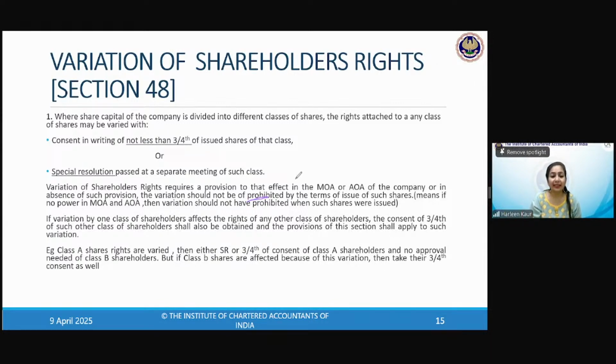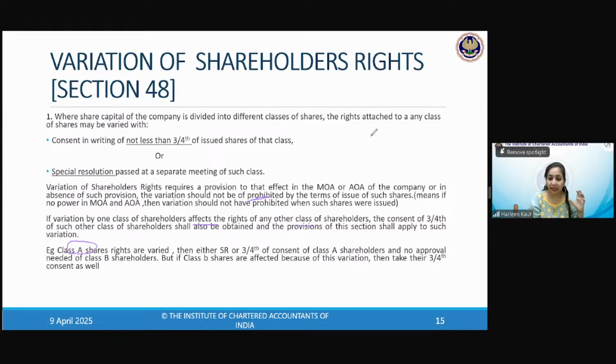Now, if variation of one class of shareholders affects the rights of other class of the shareholders, you want to vary the rights of class A shares, it is affecting the other class also. Let's take a very vague example. For example, differential voting rights. You have been given lesser voting rights and more dividend. But if I try to give you more voting rights, then the ordinary equity shareholders will get very upset that we have one share and one voting right. Now you are giving our rights to the DVR people. So somehow they will be affected. So for a layman's example, class A shareholders, their rights are being changed and it is affecting the other shareholders.